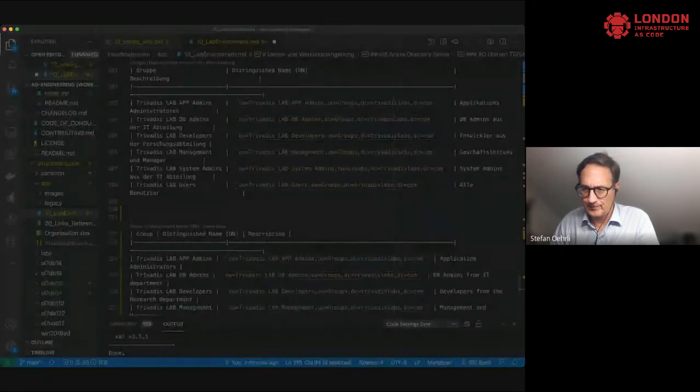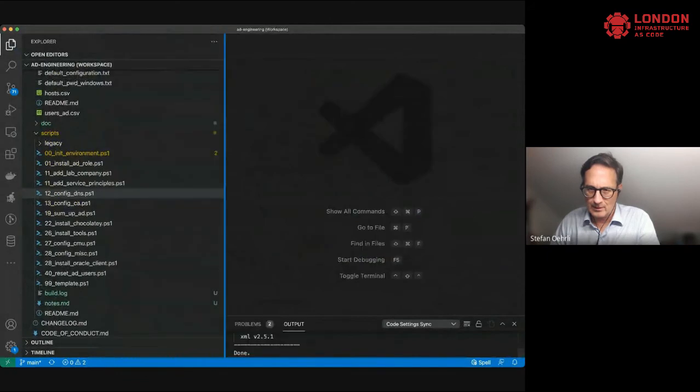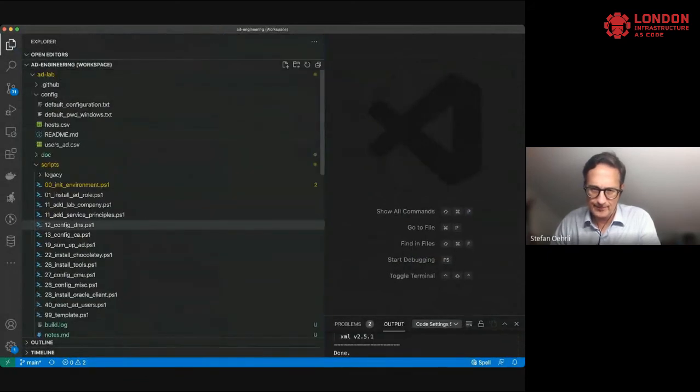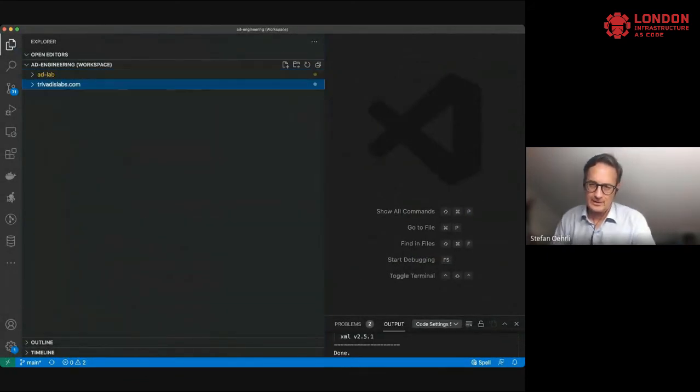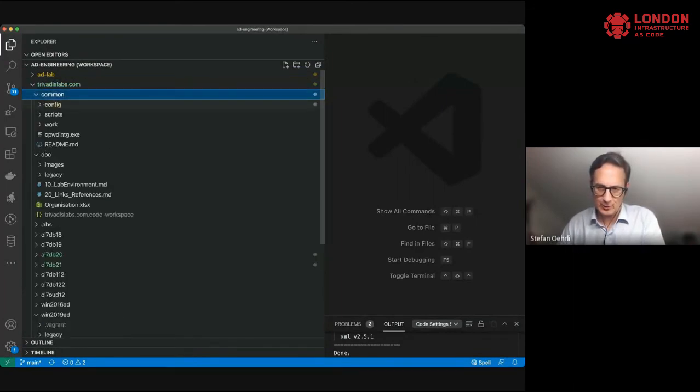So here I have my TRIVADIS lab folder, and I have this common folder with a common